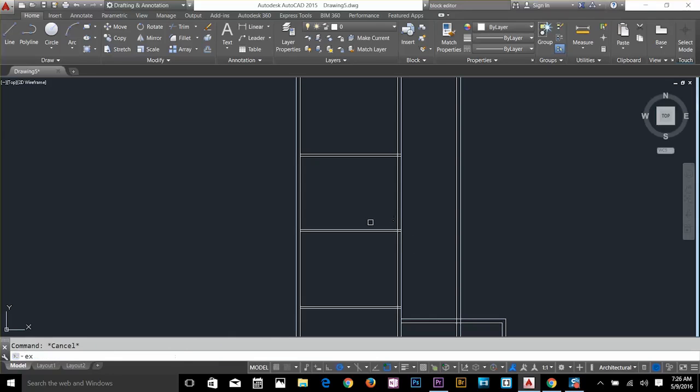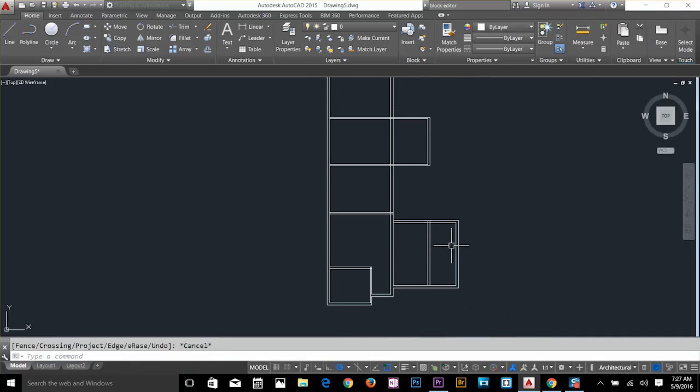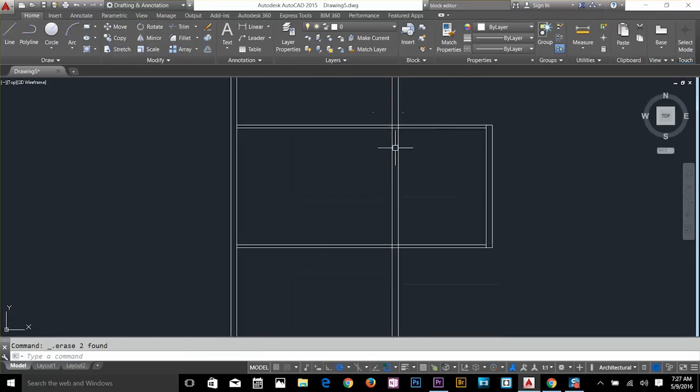Now I'm going to extend these lines, and I want to get rid of these and here. Now trim, get rid of these lines here on top, and we don't need these lines as well. Okay,